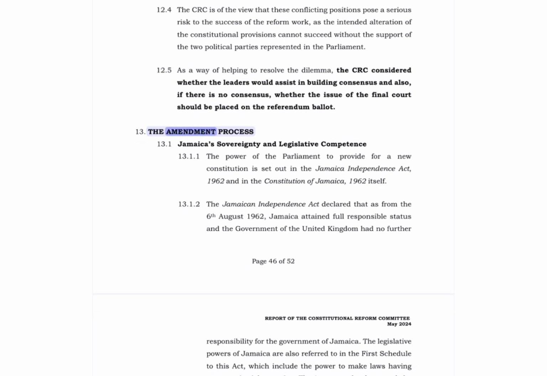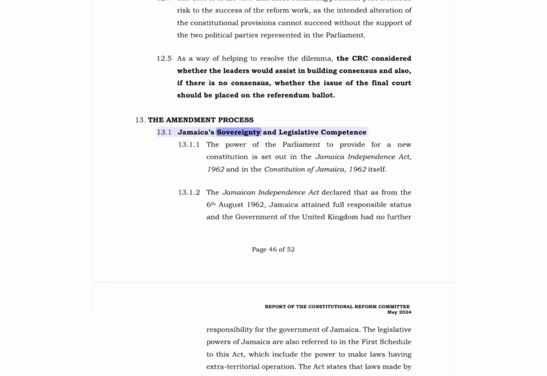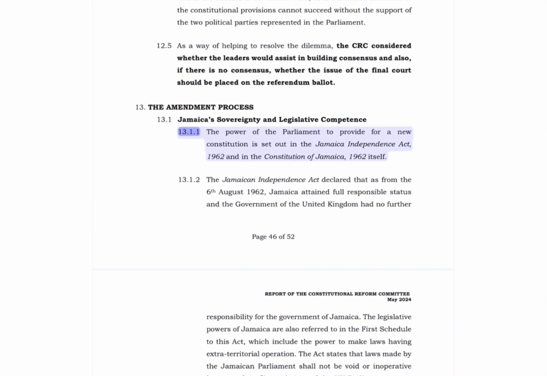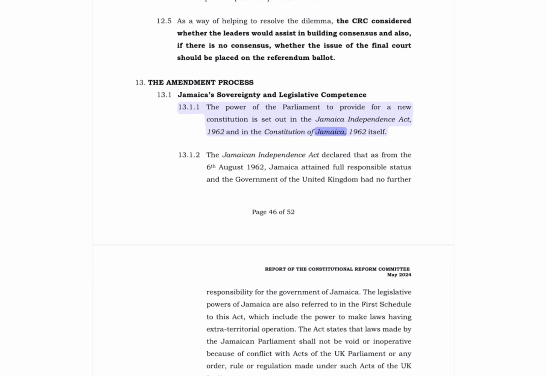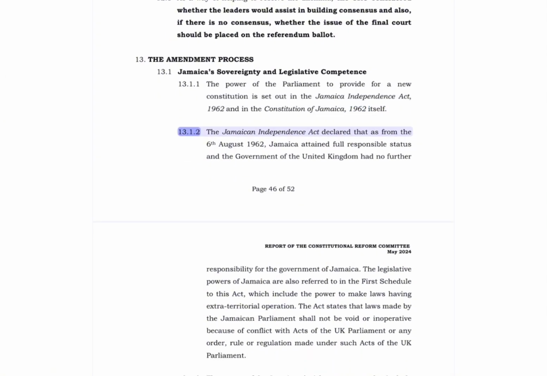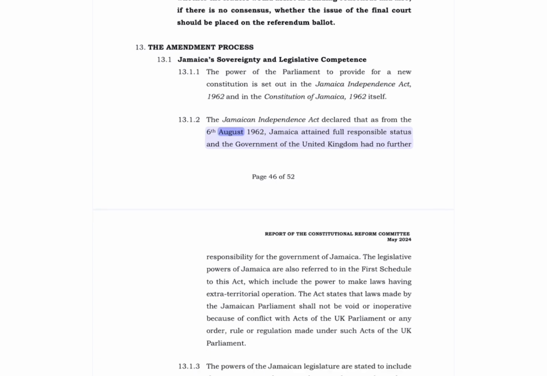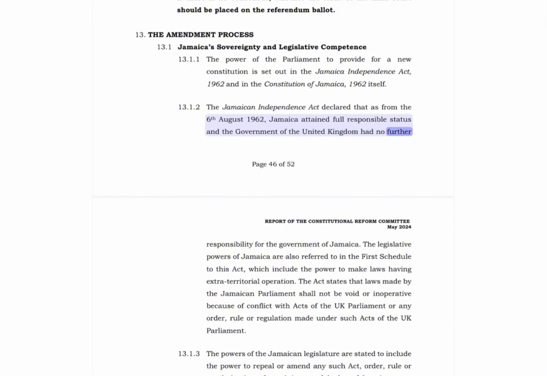13. The amendment process. 13.1 Jamaica's sovereignty and legislative competence. 13.1.1 The power of the Parliament to provide for a new constitution is set out in the Jamaica Independence Act, 1962 and in the Constitution of Jamaica, 1962 itself. 13.1.2 The Jamaica Independence Act declared that as from the 6th of August 1962, Jamaica attained full responsible status and the government of the United Kingdom had no further